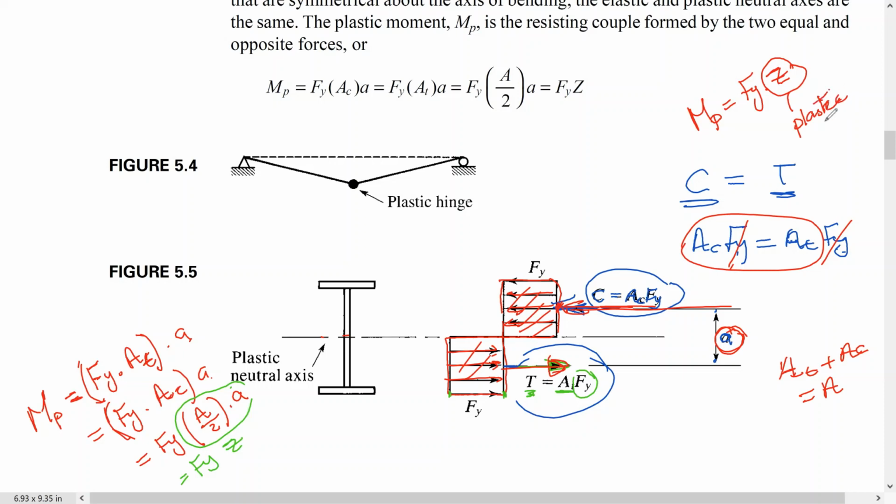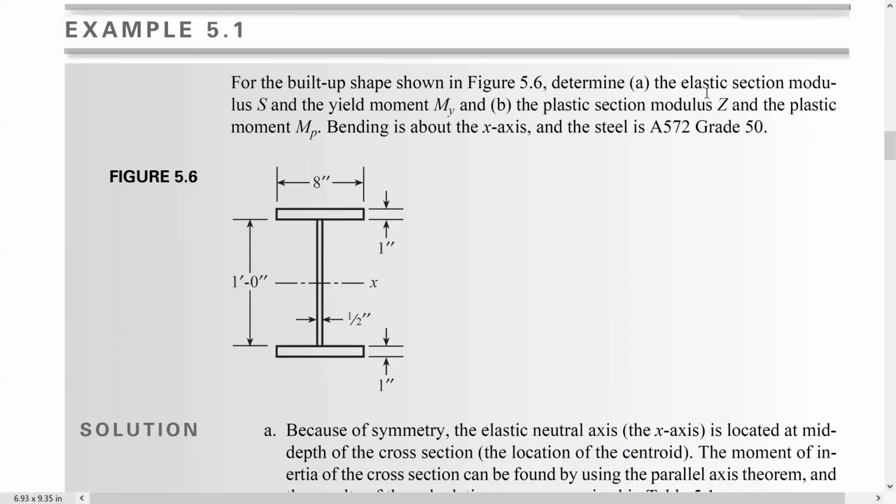Plastic section modulus. If you remember S, the elastic section modulus, this is the plastic section modulus. S was equal to I over, let's say, C or Y, the distance from the neutral axis to the extreme fiber, in the case of the elastic section. But in plastic we have Z. How to calculate this is different. So, okay, guys, let's solve this example and see how we're going to calculate the elastic section modulus S, yield moment,